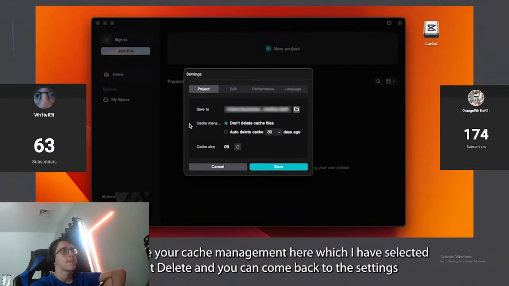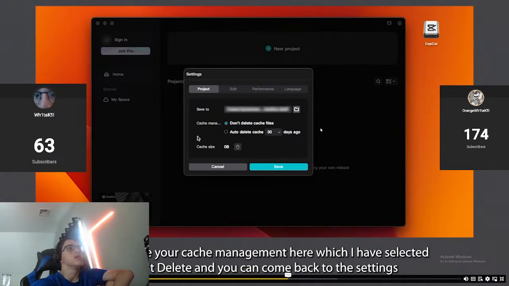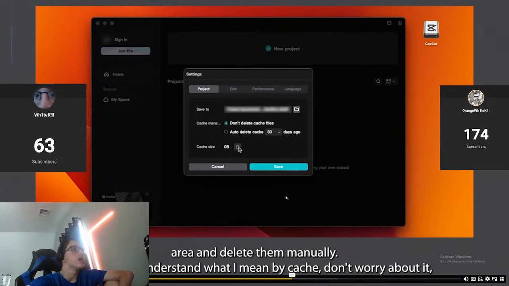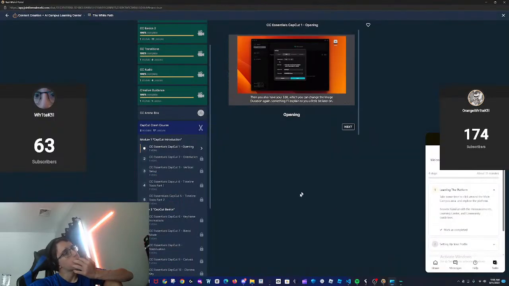You also have your cache management here, which I have selected as don't delete, and you can come back to this settings area and delete them manually. If you don't understand what I mean by cache, don't worry about it. We won't get into that just yet. I'll explain this further down the line. Then you also have your edit, which you can change the